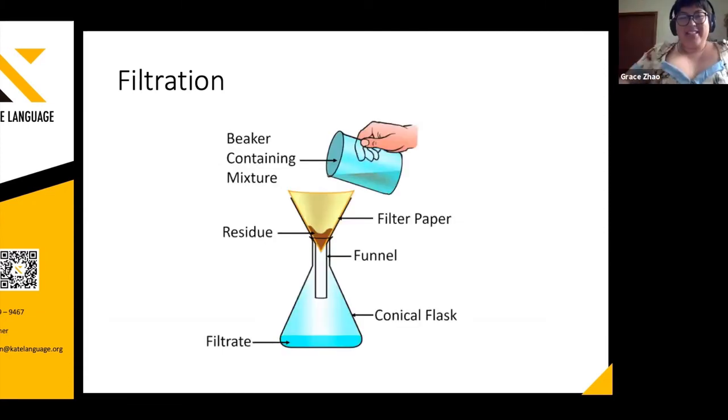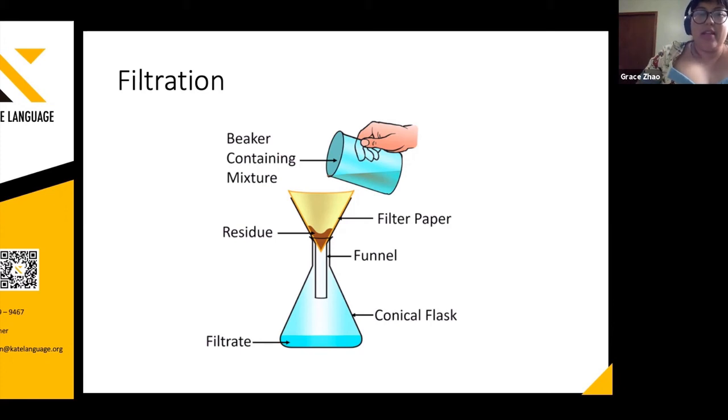Okay, so it kind of looks like this. For the most part, we have these cool filter papers. The filter paper is, I would say, thicker than the coffee papers. In this case, you want to pour much of the mixture into the funnel, and you want to catch as much of the residue as you can. You do not want any of that residue or powder to fall through the glass. If some of it falls through, your measurement will be a little inaccurate, and that actually will mess up your